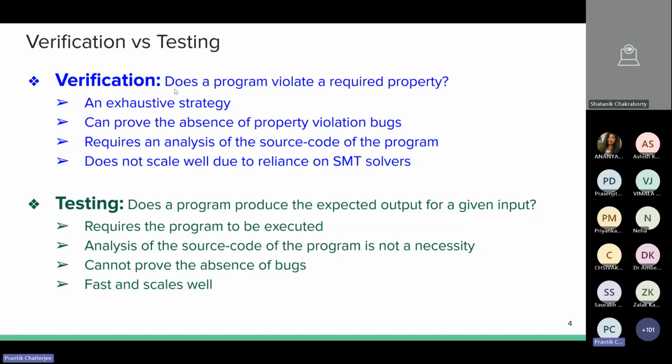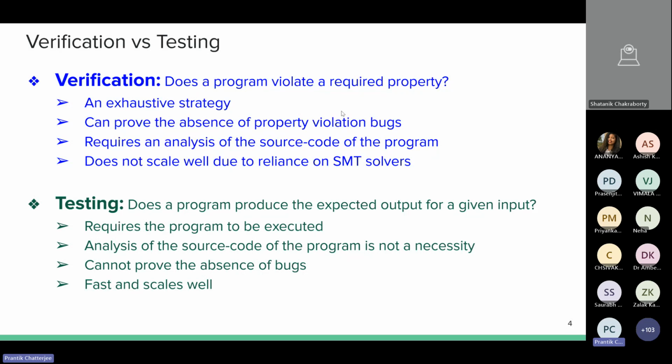Now, it's a very important technique, but the problem is it requires an analysis of the source code of the program. And the way verification works is that it relies on something called an SMT solver. So essentially in this technique, you will try to convert your program into first-order logic theorems. You will provide this theorem to an SMT solver, and the SMT solver will try to say whether this formula is satisfiable or unsatisfiable.